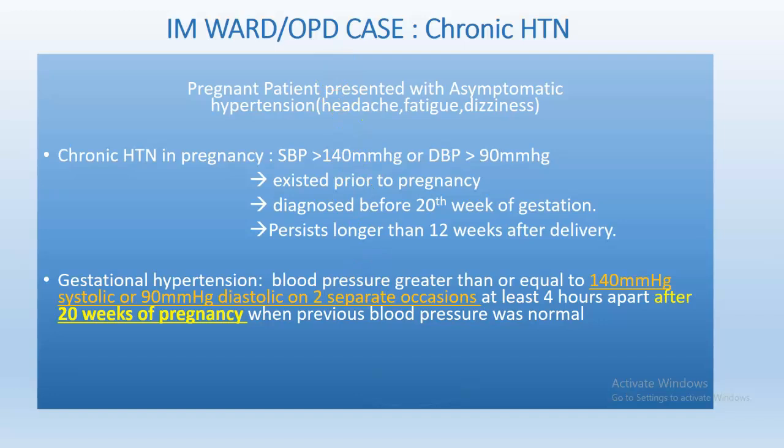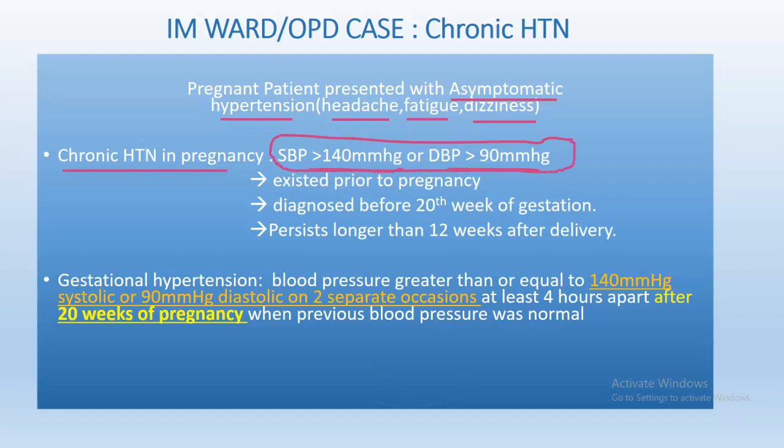A pregnant patient came to your ward, or she's in OPD, and she presented with asymptomatic high BP, or she has any symptoms like headache, fatigue, dizziness. So she can be symptomatic or she can be asymptomatic. So how can you define chronic hypertension in pregnancy? Systolic BP of more than 140 mmHg or diastolic BP of more than 90 mmHg is the cutoff point for diagnosing